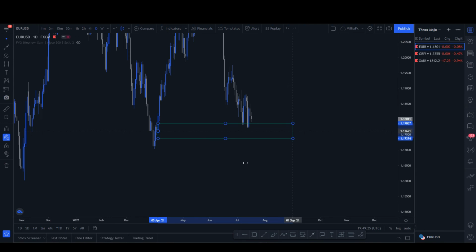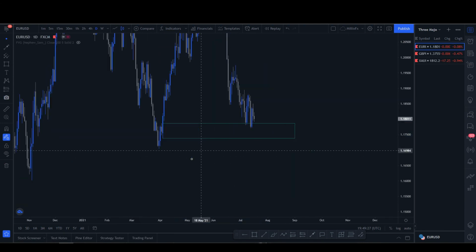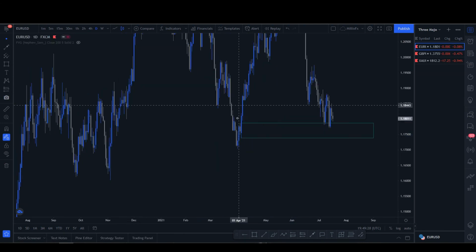Price left from here and couldn't tap into it. You can see these imbalances that are found. So I actually use